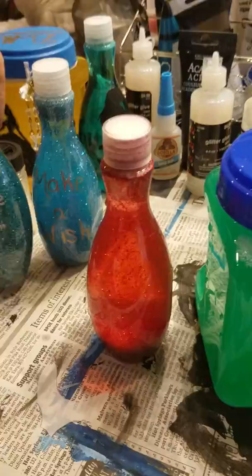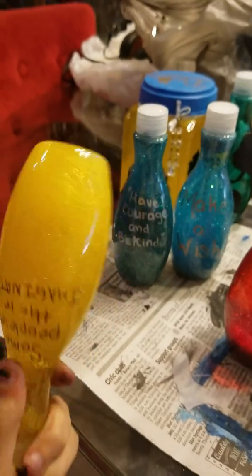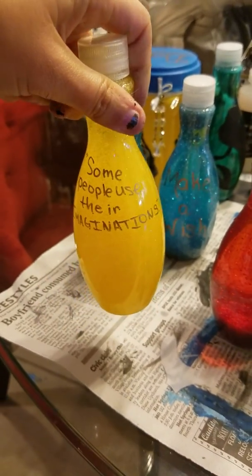You can tell I put lots of glitter in those. And then this one is going to be Beauty and the Beast. Just like the big one, but